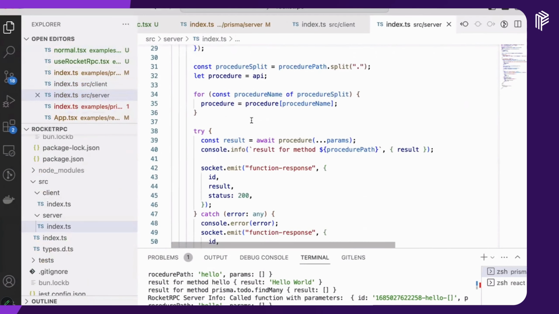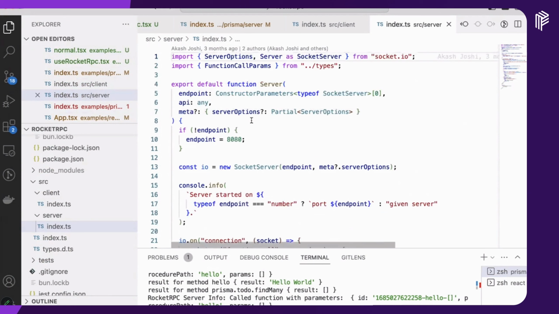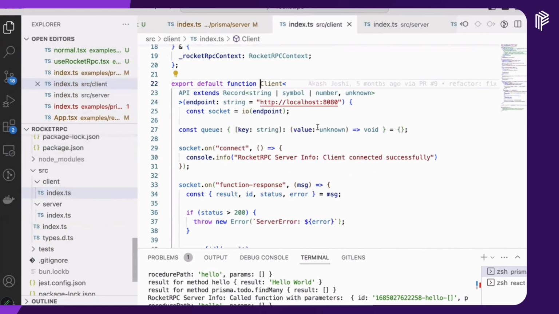There's not really a lot going on in terms of TypeScript in the server. It's mostly Socket.IO, as you can see here, but we are going to get into that in a bit. I'm just trying to figure out, yeah, the server doesn't really have to worry about the types here. If we look at the client,